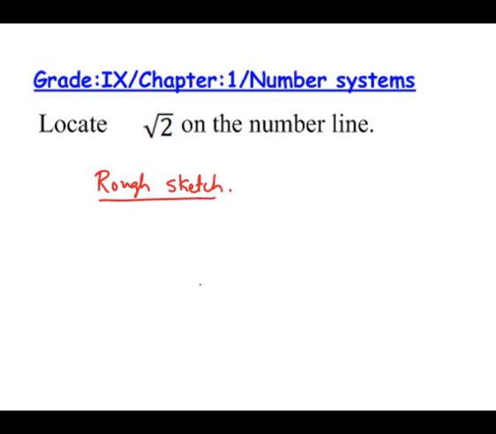First of all, I will take base as AB. AB length I will take as 1 unit, and I will draw a perpendicular from the point B. It is a unit perpendicular, meaning I will take the length from B to C as 1 unit. If I draw an arc from B with 1 unit, we will get a new point called C. Now AB length is 1 unit and BC length is also 1 unit.